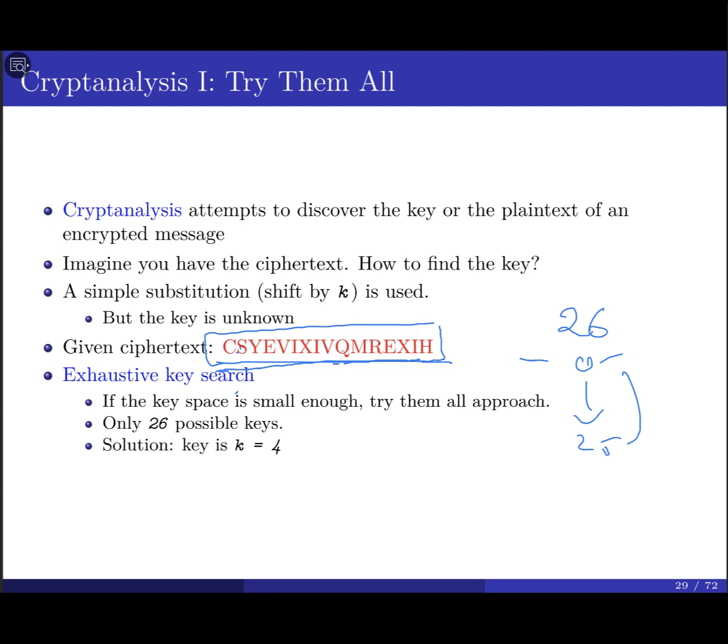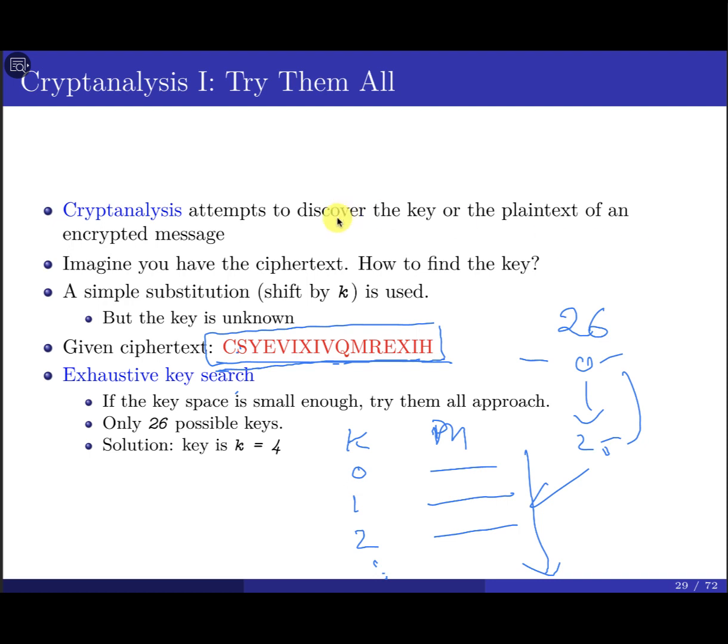Shift by 1, shift by 2, shift by 3, shift by 4. By hand, it's going to take time. There is a lot of available software you can use, or maybe you can build your own software that allows you to give the message, and this software is going to try to decrypt the message using 25 keys or 26 keys. For example, you can say key 0, this is the plain text that you come up with. Key 1, this is the plain text. Key 2, this is the plain text, and so on. You take a look at the 26 possible plain texts, and hopefully you can tell the one that makes sense to you. You say, it looks like this is the plain text that we're looking for. Okay?